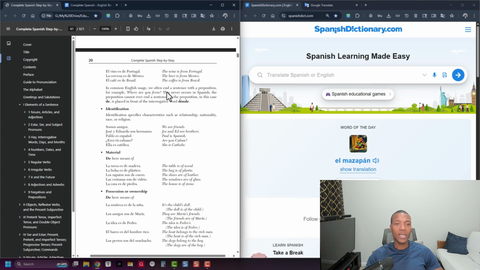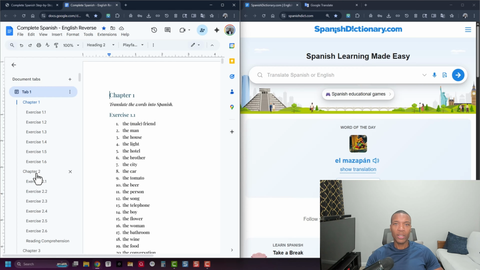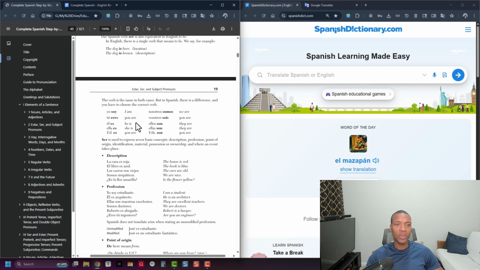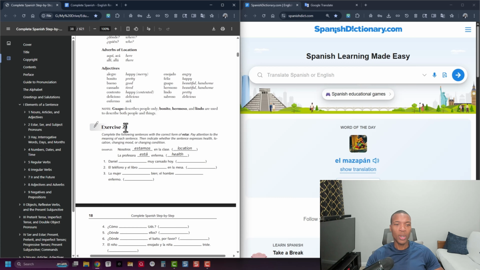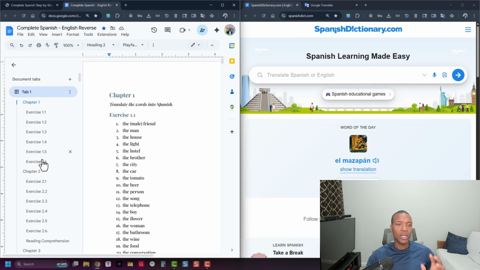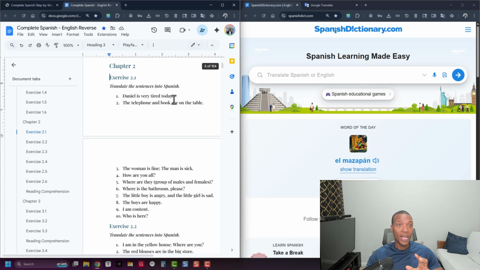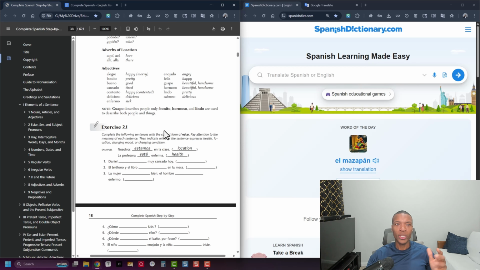So I'm going to go through these exercises, and just to remind you what I'm doing, I'm taking the exercises that are in Complete Spanish Step by Step. For example, if we take exercise 2.1, they want you to put the Spanish word in it. But in phase 2, I translated those Spanish sentences into English separately. And now I'm going to go back from English into Spanish. And in full transparency, I have the